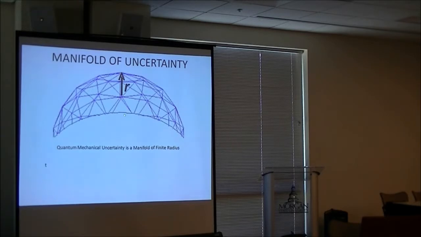But I'm trying to say, and part of this has to do with surmounting it. I believe it's impossible to surmount uncertainty in terms of the Copenhagen interpretation in 4 space. So from 4 space on to 6 or 8 dimensions, that's the finite radius of this manifold in the middle of these other domains. And it's like a gate. This is a gate, and the reason it becomes important is we're beginning to add extra dimensions.